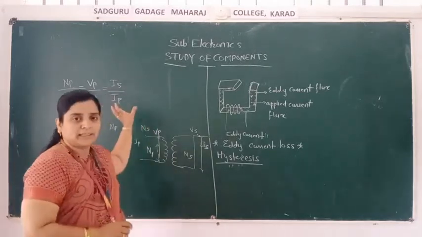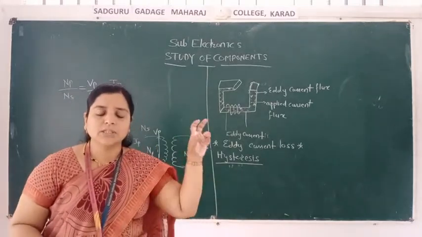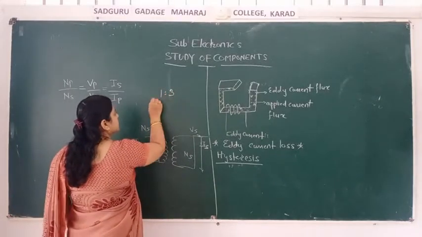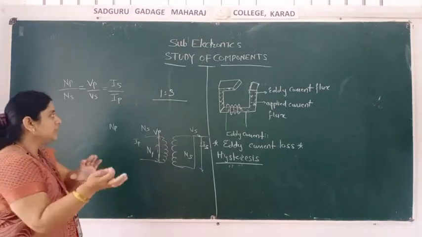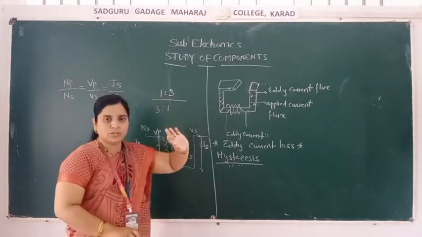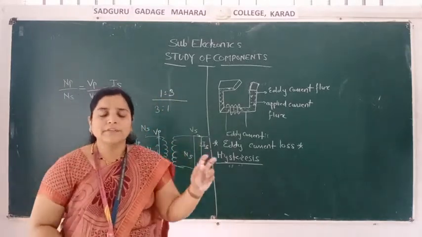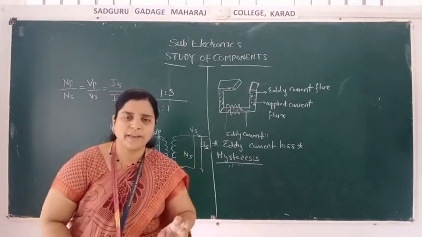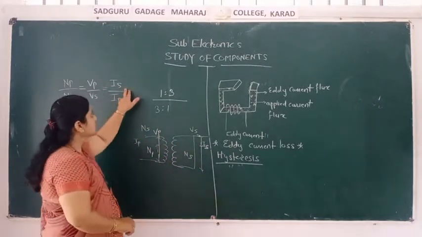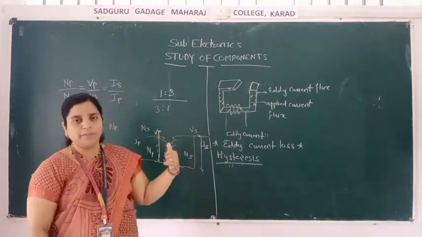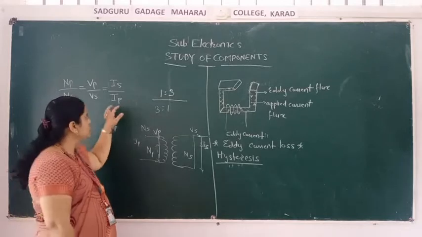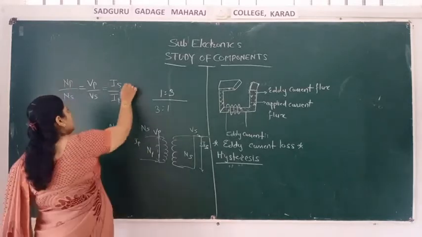Why am I telling you this equation again? Because at the time of solving an example, if the current ratio is given as 1:3, then you have to take it as 3:1. It's not only 1:3. If it is 1:7, 1:6, 1:5, any number that is given, you have to take the opposite of that, because here the current of the secondary is higher than the current of the primary. Therefore, Is is in the numerator and Ip is in the denominator. I want to remind you of this equation once again because of this.